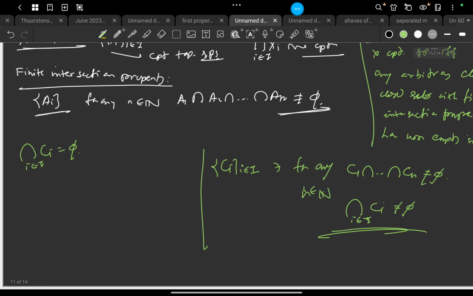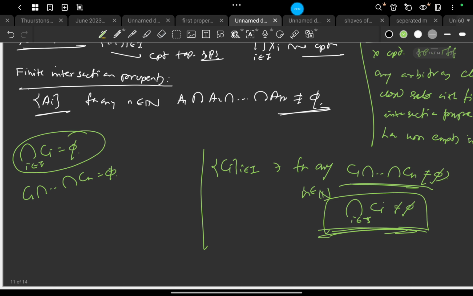Now assume that for any natural number, taking any finitely many closed sets, the intersection C_1 ∩ ... ∩ C_n is non-empty. But if I assume the entire intersection is empty, there is a contradiction. That means there is a certain natural number n for which this fails, so it doesn't have the finite intersection property.